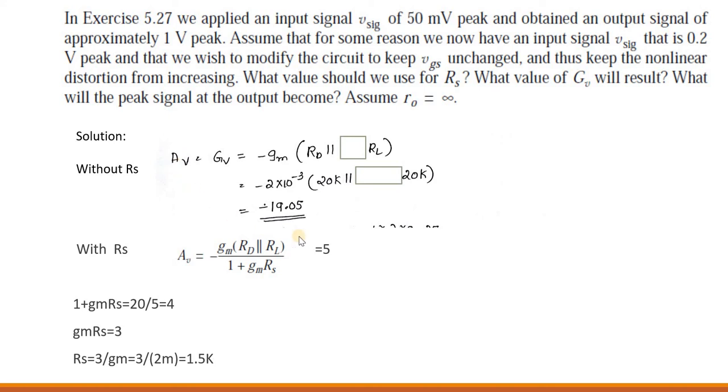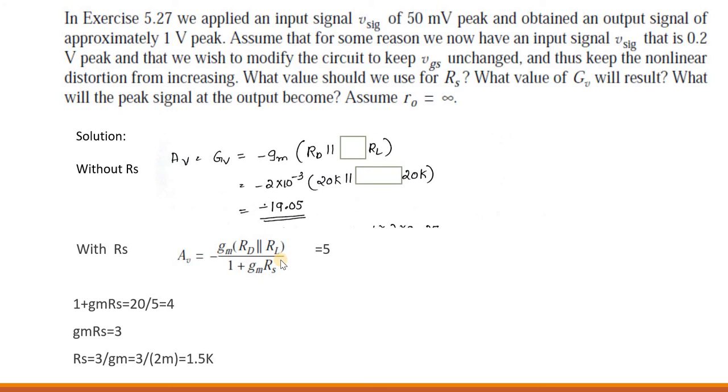Okay, so now this is the gain we have got for the previous case, that is common source amplifier without RS. AV is equal to 20. Okay, with the RS, what is the change? 1 plus GM into RS. We know GM is equal to 2 milli, which was given in the previous problem. Same component values we need to take here also. If you substitute that, you will be getting the answer as 5. So without RS, the gain is 20. With the RS, the gain is 5. So it has been reduced by the factor 1 plus GM into RS.